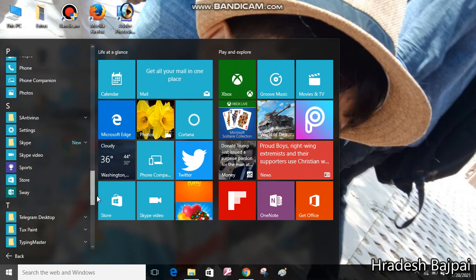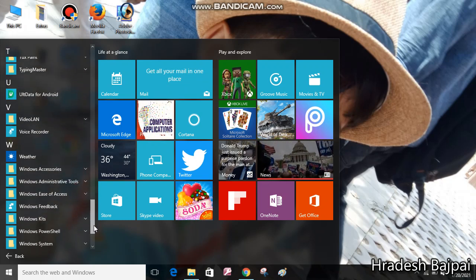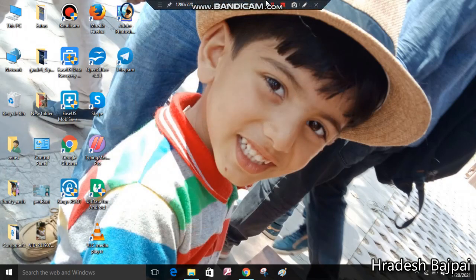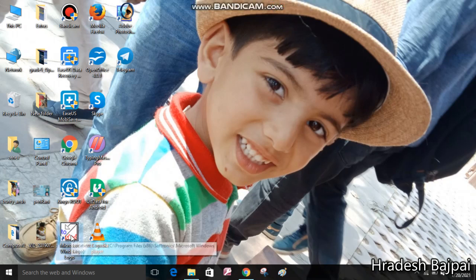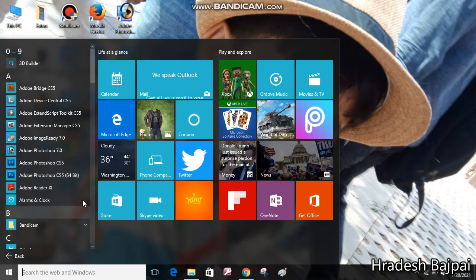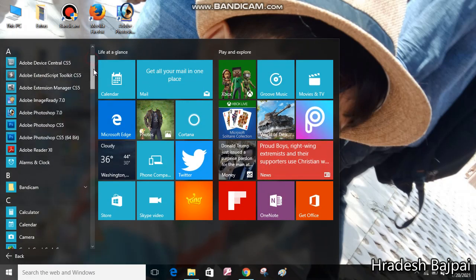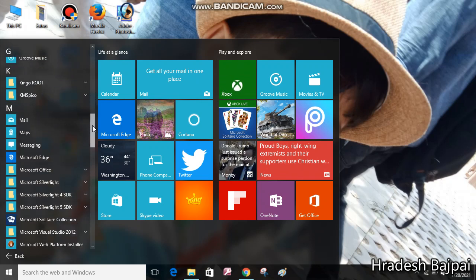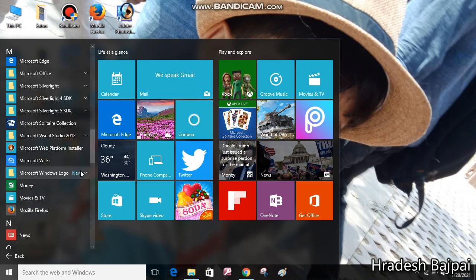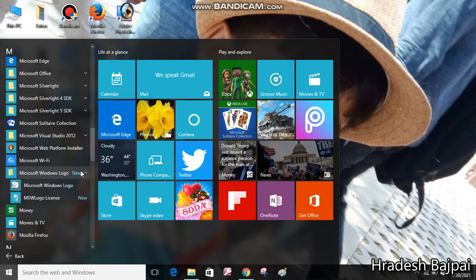You can also see this icon on the desktop. If this icon is not visible, then click on start and all apps, and search for Microsoft Windows logo. Here it is. Click on this button and click on the Microsoft Windows logo option.